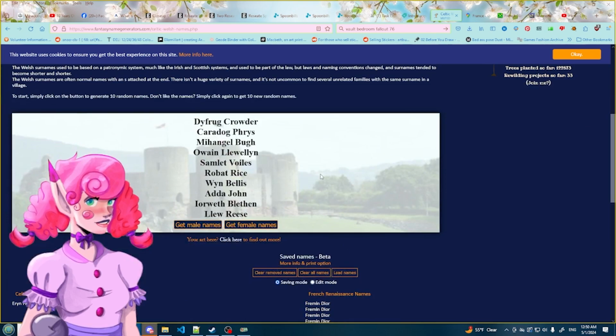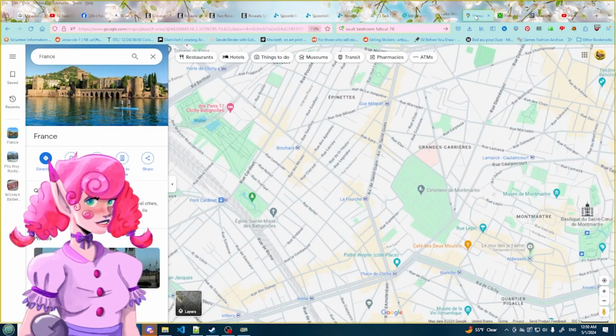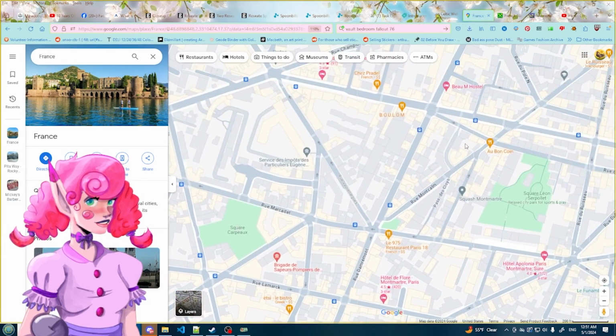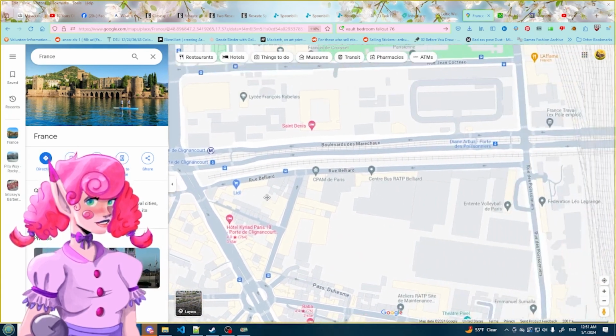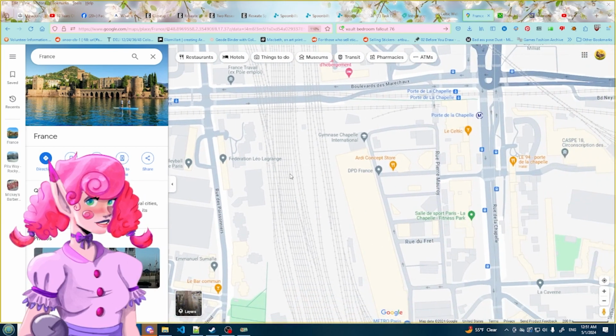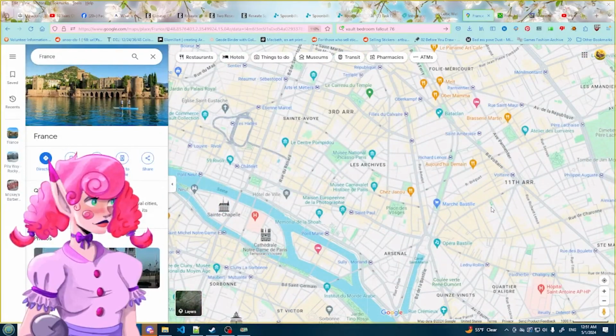This is really amazing. You can continue to generate names here, and these are Celtic Welsh names. I use them for my lower born elves. And here's another thing I use. I actually use maps from the location. As you can see, there are all these street names. Street names are amazing because you can get old stuff that's not really used anymore as a name, so it sounds super unique. And I literally just use Paris because I have a French area.